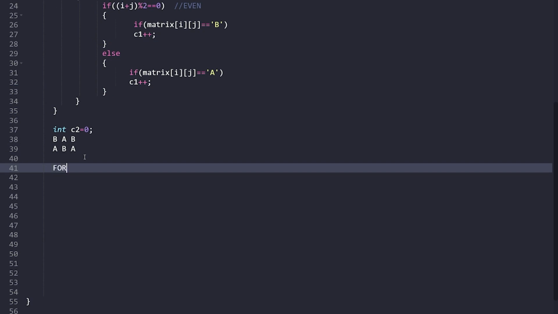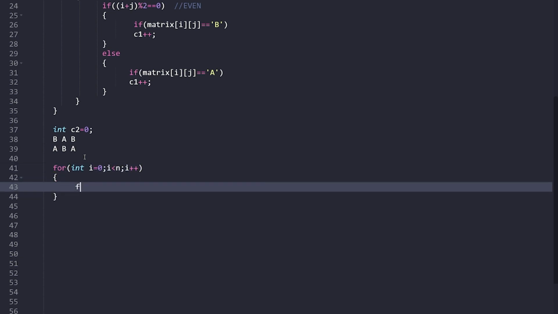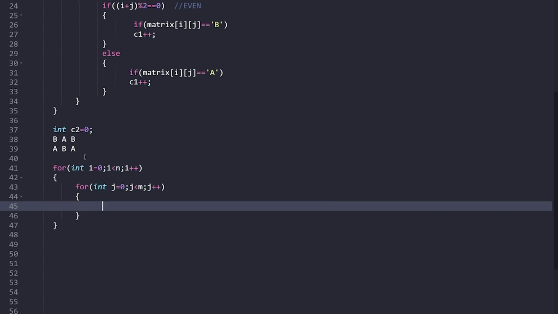So what I am saying here is that we can run a for loop, like for i starts from 0, i is lesser than n, and then I'll do an i plus plus. Then I'll say for int j starts from 0, j is going to be lesser than m, and then I'm going to do a j plus plus. After this part, what I will be doing here is if (i plus j) modulo 2